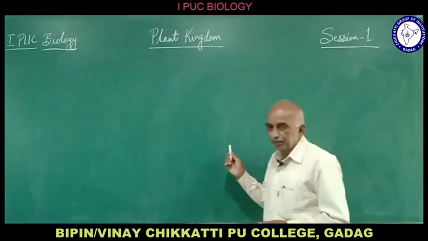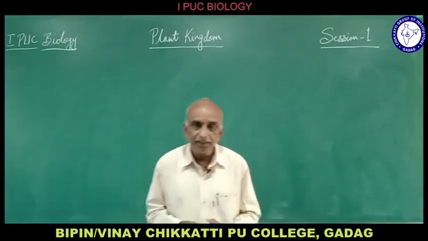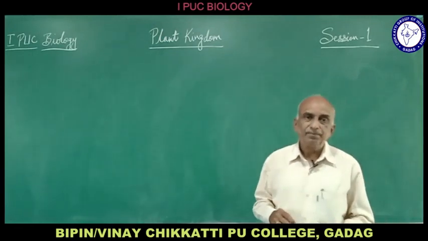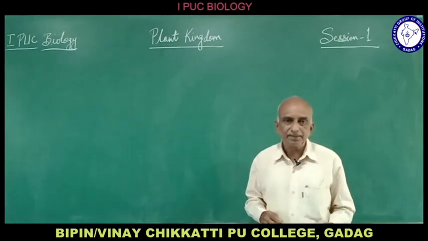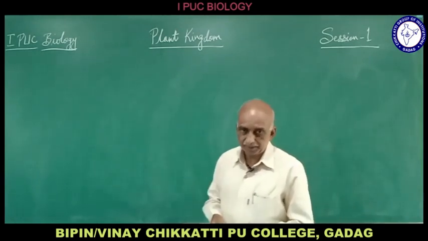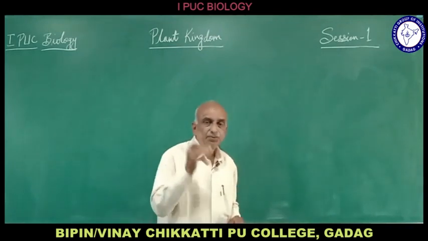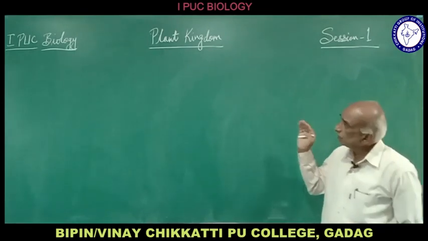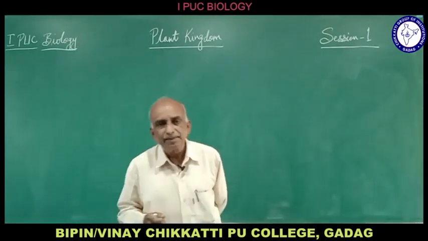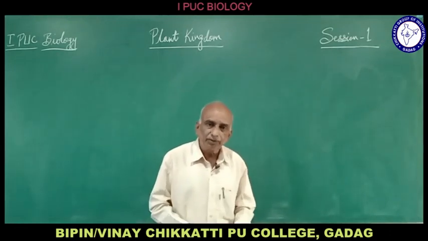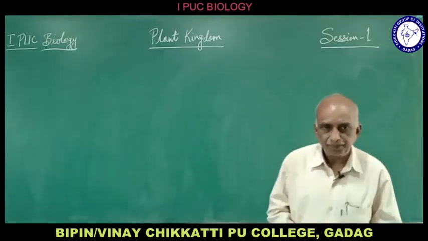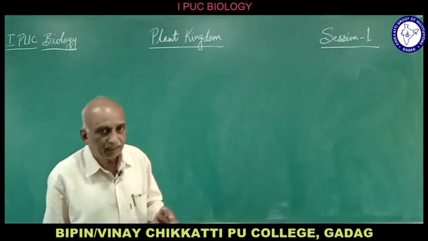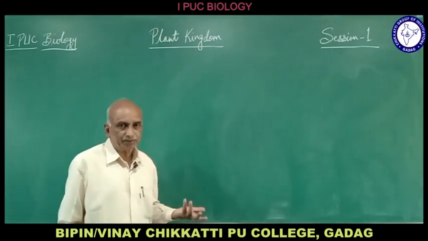Now this plant kingdom is again divided into different divisions. Those divisions are algae, bryophytes, pteridophytes, gymnosperms and angiosperms. These are the divisions we study under the plant kingdom. So this plant kingdom is the 4th group according to Whittaker's classification. Now before going to the study of the different groups of plants like algae, bryophytes, pteridophytes, gymnosperms, angiosperms, we